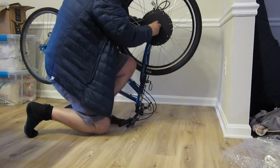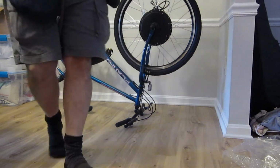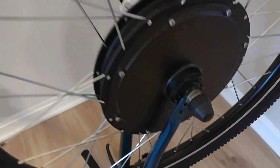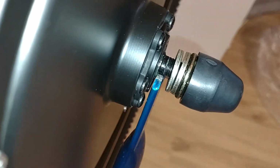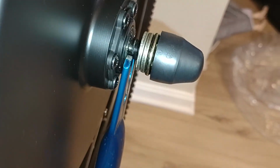Oh wait, there's a flat. There's a flat on this. Okay, let me take a look at that. Again, so here we go. So it looks like it fits within the forks. But at first glance, it looks like this rod here in the middle, for lack of a better word, is too thick. But it's actually not too thick because it's got a flat on that side. See? And so maybe if I rotate it so the flat is in there, that will provide torque against this